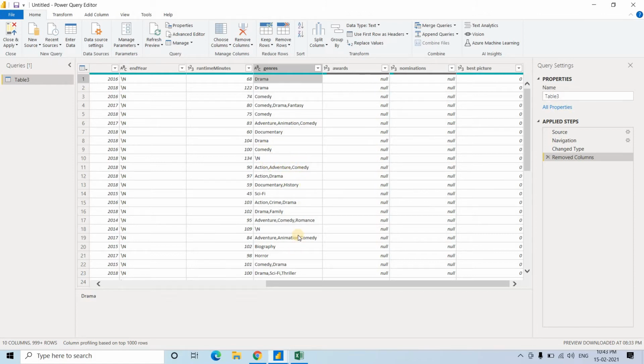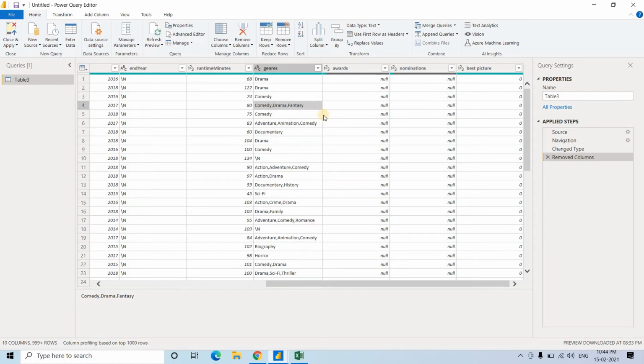Now suppose I am asking you, just return me how many movies are there belonging to the category drama. Okay, or I am asking how many different categories one particular movie comes under, like that. That is on the genre column. If we want to apply some query, then it will be a bit difficult for us, because here you can understand that a comma is present, so applying filtering will not be easy.